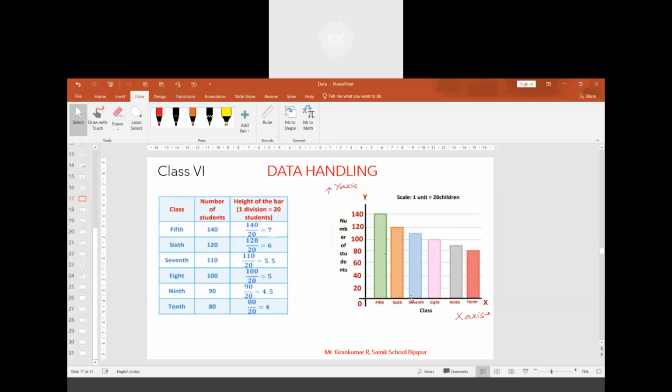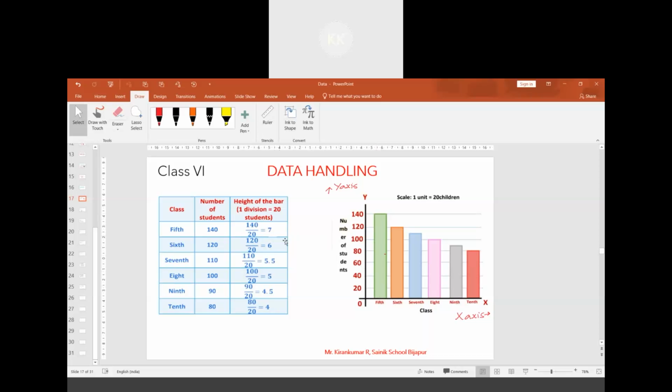If you are leaving 1 centimeter here, here also 1 centimeter is to be left, here also 1 centimeter to be left. These are the vertical strips. 1, 2, 3, 4, 5, 6, 7. So for 5th standard, 140 students were there. So we have to have a rectangle such that the height of this bar becomes 7